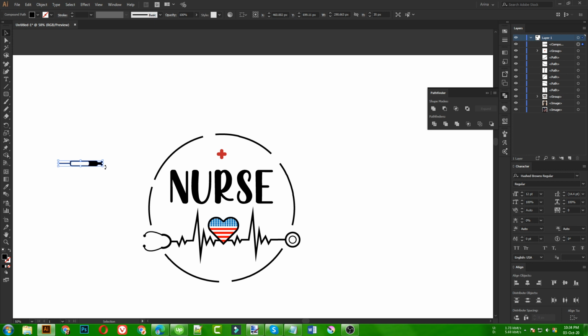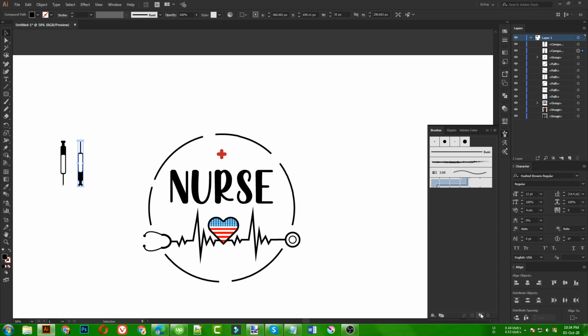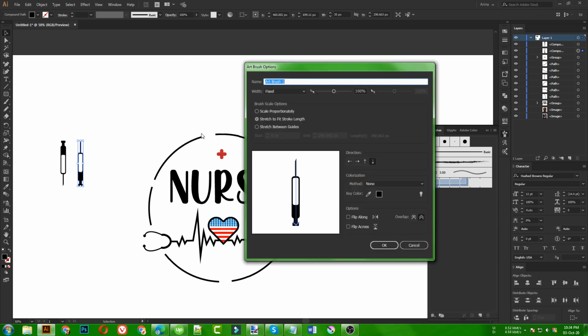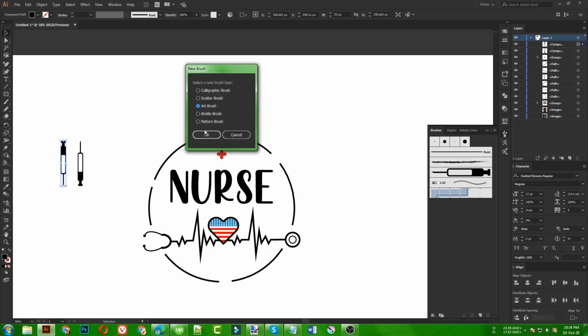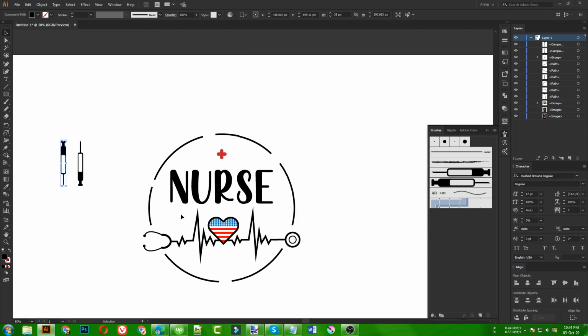So I'm going to use this shape here, and then I'm going to make another copy just like this. First of all I select this one, then make an art brush from that just like this, and then I select that one and make an art brush just like this. Now if I select my shapes here and fill that, and select my brushes here, as you can see, it needs to be really the same in size. So I'm going to